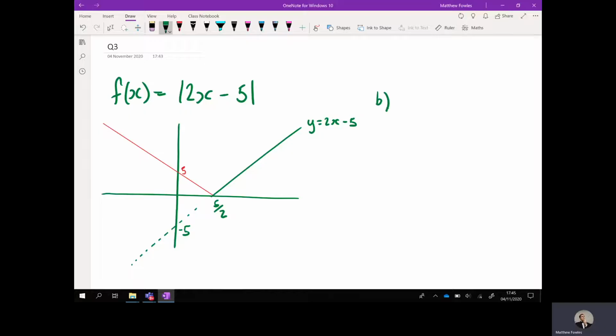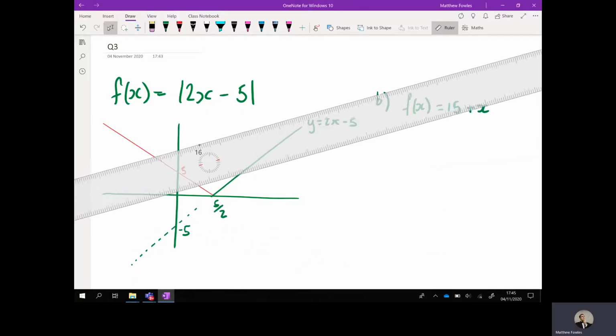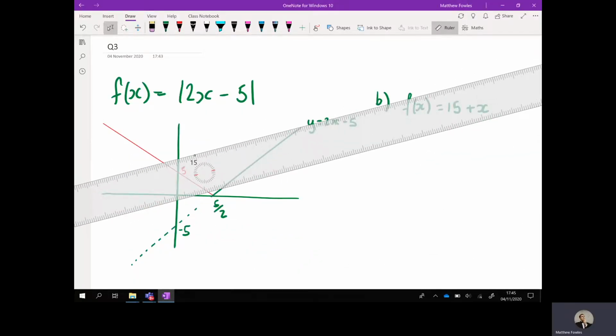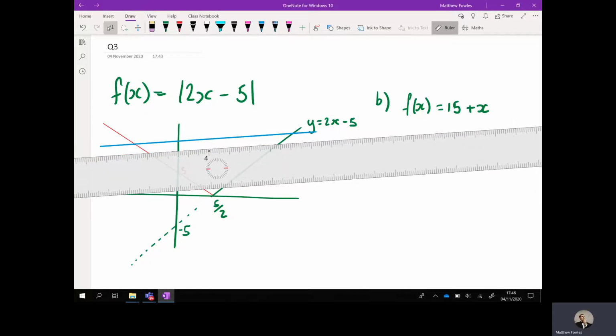In part B, we then have to set this equation, f(x), equal to 15 plus x. When dealing with modulus equations, you want to set the equation with and without the modulus being active in order to find multiple solutions for the equation. This graph has a function that looks something like this. I'll do an exaggerated low gradient version, but the graph is approximately like this blue line,